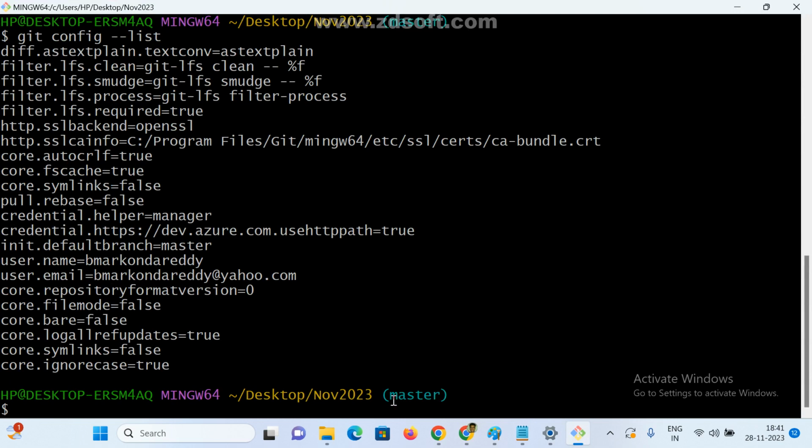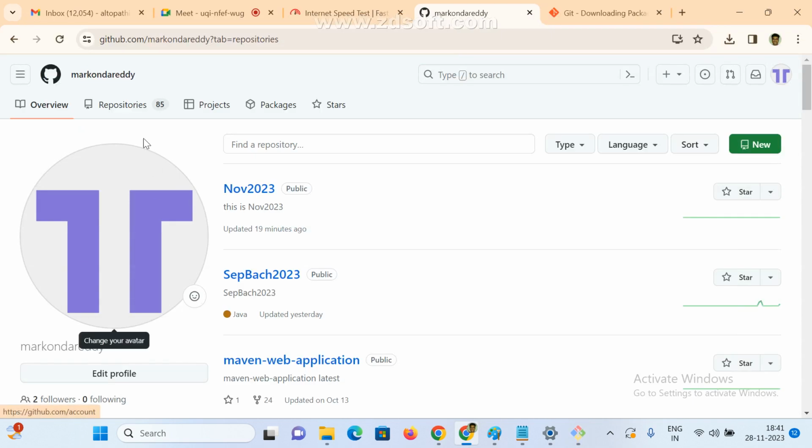So I want to push this file to a repository. In my GitHub account 85 repositories are available. Which account, which repository do I have to push to? That is the second point. See here, this repository only. If we click on this,